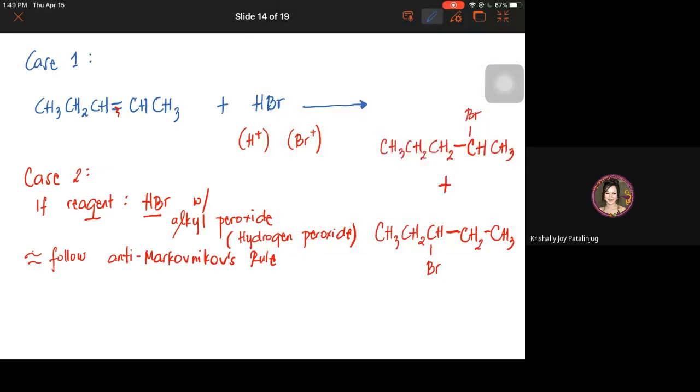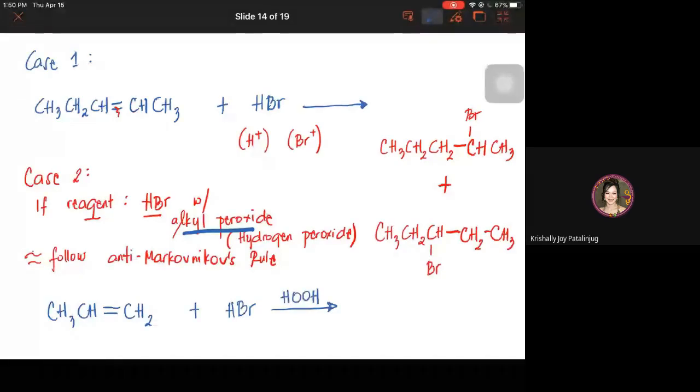So bakit anti-Markovnikov's rule? Ano yung nangyari? Si alkyl peroxide kasi, it will try to counteract the, let's say, the regioselectivity of the electrophile being added. So, kumbaga, it causes a peroxide effect. Iyahang gina-counteract ang selectivity ng electrophile being added. So let's say for example, the structure of alkene is this condensed structure, CH2. Okay, then added with hydrogen bromide, and inyo makita sa reaction, okay, it is added with hydrogen peroxide. Okay, that is the simplest alkyl peroxide ha, or this is H2O2. Parehas na siya. So again, ang atong electrophile nga ma-produce ani is H plus and Br